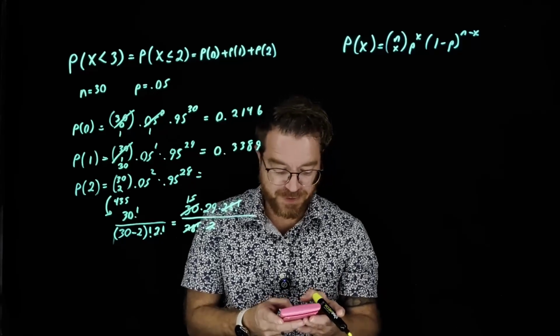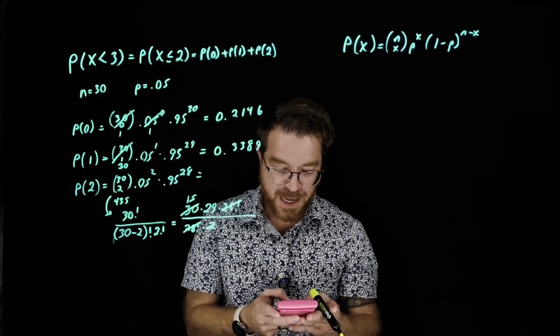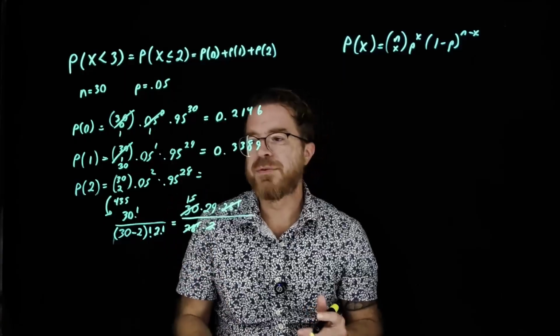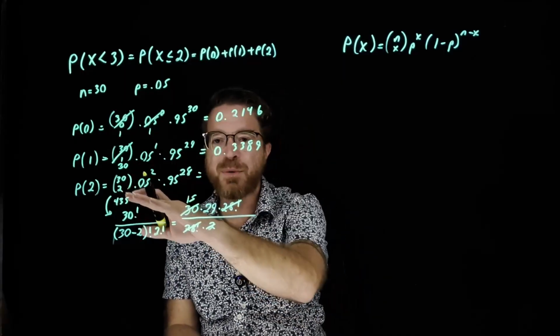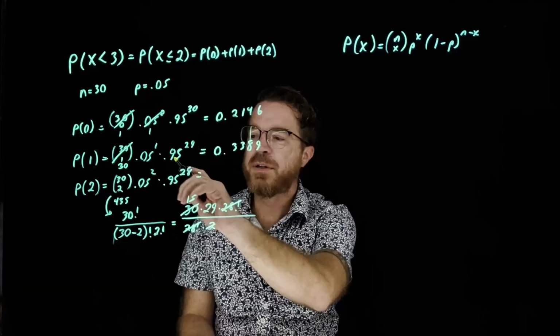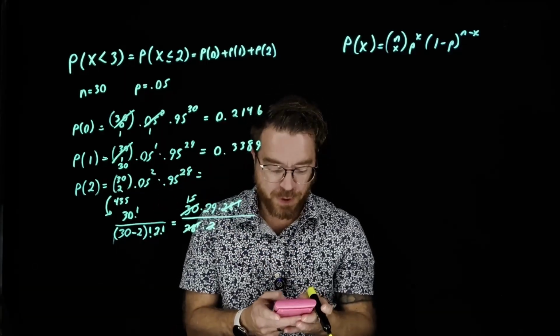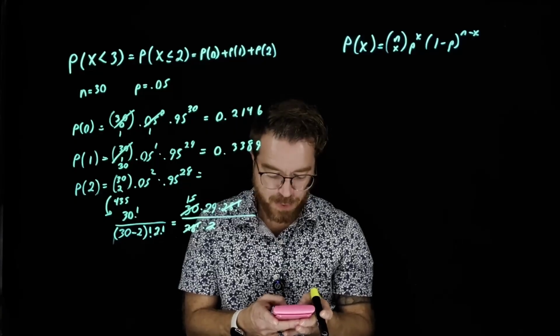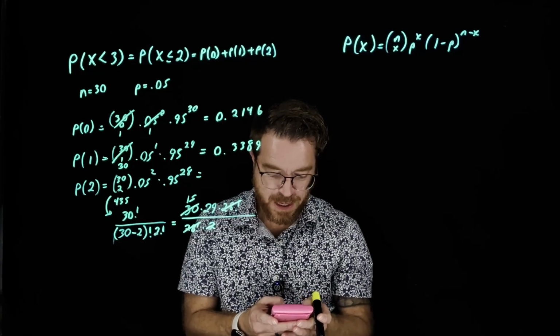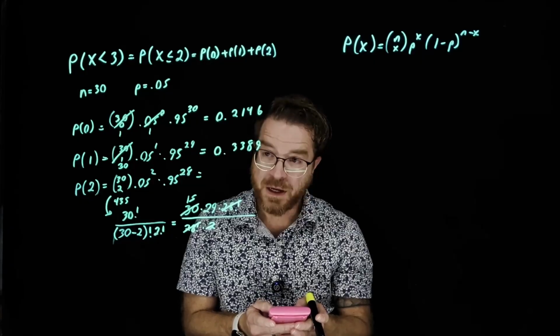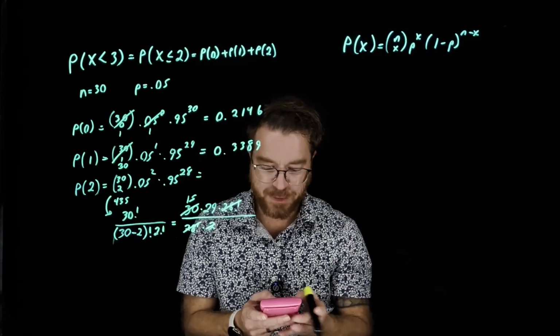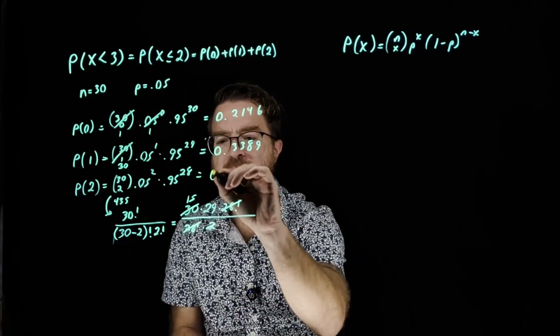So we just do 15 times 29, and we get 435. So now, back to our binomial probability: 435 times 0.05 squared times 0.95 to the 28th power. So 435 times 0.05 squared times 0.95 to the 28th power. And I get a probability of